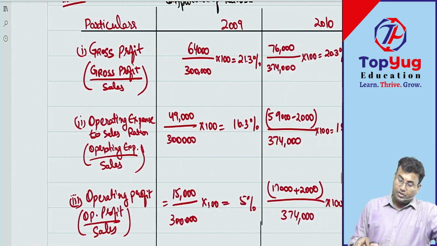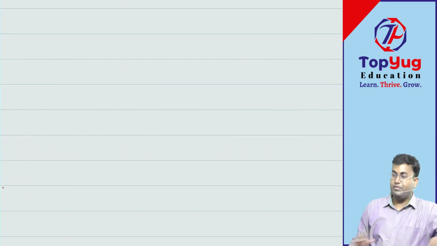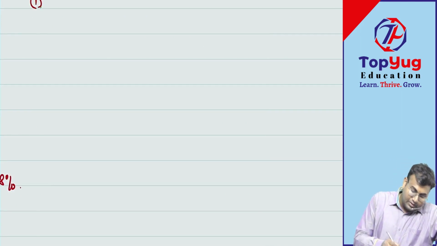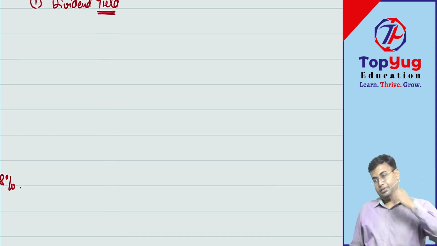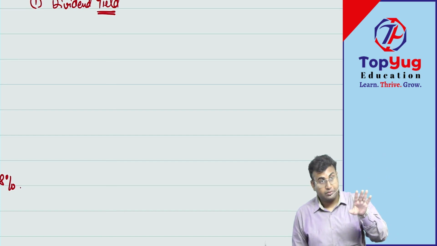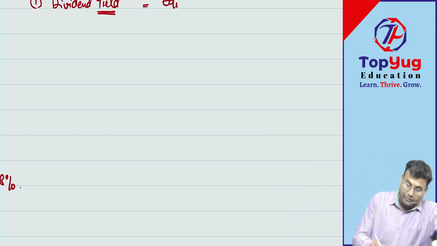Dividend is always paid on face value. We all know this, right? Dividend is paid as a percentage of face value. So first one: dividend yield. The word yield is used, so that means you have to find out the yield on the current scenario. So what would be the dividend yield? That is equity dividend